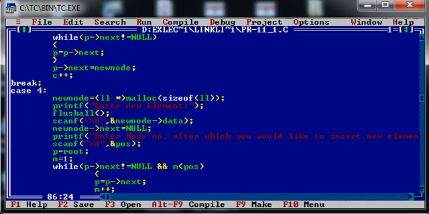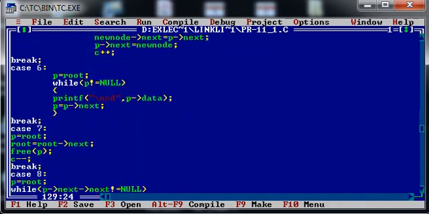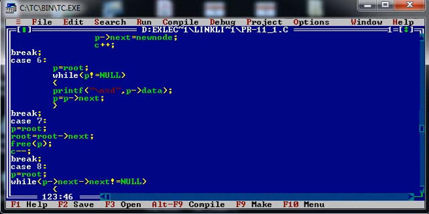First of all, here is my case number 7, that is deletion from the beginning. Assume that the content of linked list is like this. As you can see, if this is the content of my existing linked list, the root pointer will point to element number 9. The next part of 9 will be the address of element number 10, and similarly all the nodes contain the address of the next node, and at the end node number 17 will contain null in its address part.